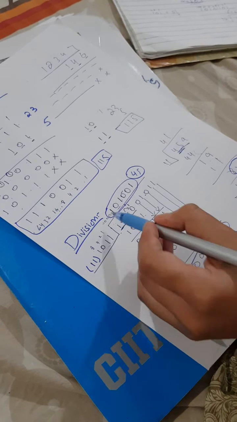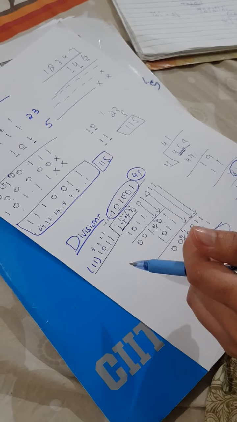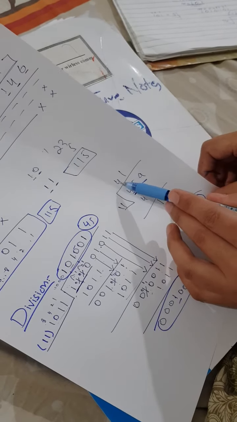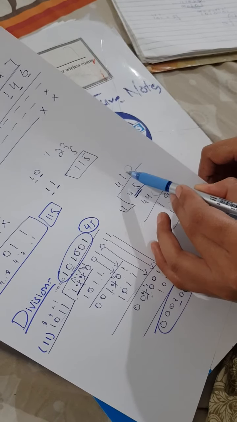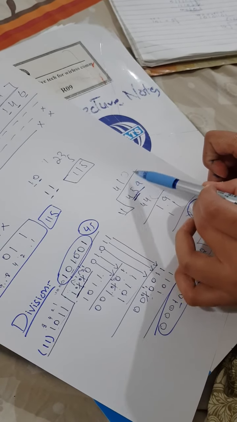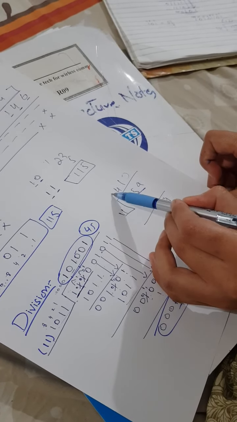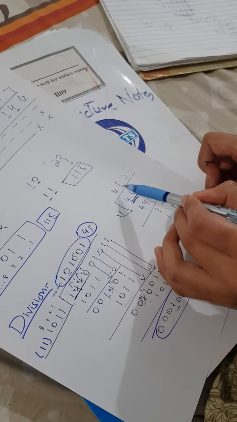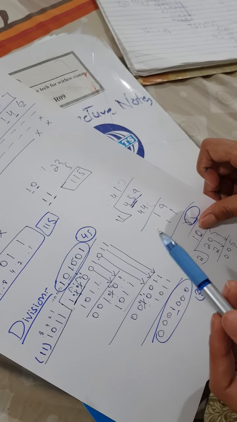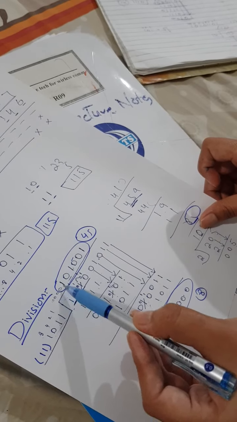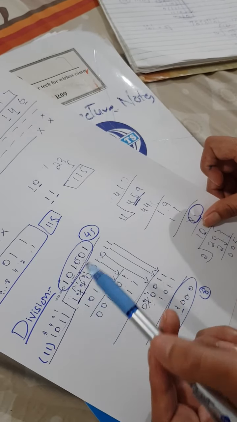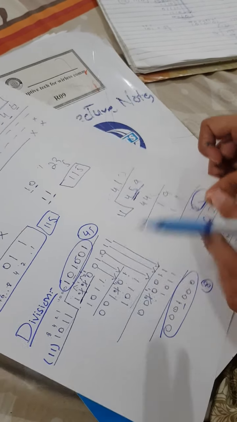आप यहाँ पे इस नंबर के लेफ्ट साइड पे thousands of zeros add कर सकते हैं, but the value of the number will never change. Same is the case here. If it is 41, if I add value 0 to the right side, the number will change. But if I add 0 here, 0 0 0 0, the number will still remain 41. So that's why the first step we don't add 0, because it makes no sense. It doesn't change the value of the number. Okay, now we will perform another example.